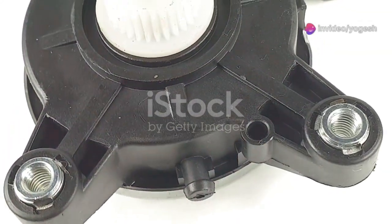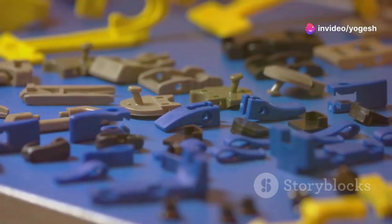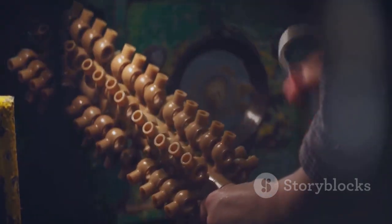Picking the wrong plastic can completely ruin a project. It's often the difference between a product that lasts for years and one that fails on day one, costing you time, money, and reputation. But when you choose the right material, your parts perform reliably, look great, and stand up